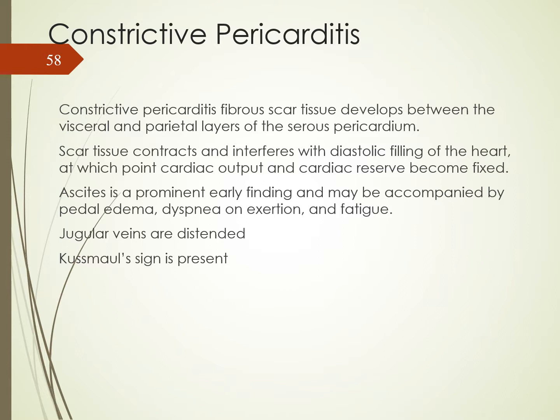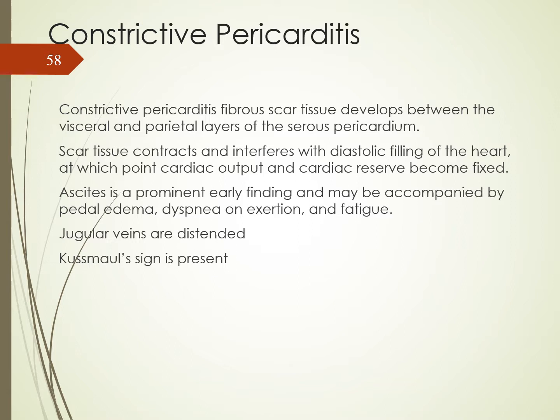Constrictive pericarditis. In constrictive pericarditis, fibrous scar tissue develops between the visceral and the parietal layers of the serous pericardium. Scar tissue contracts and interferes with the diastolic filling of the heart, at which point cardiac output and cardiac reserve become fixed. Ascites is a prominent early finding and may be accompanied by pedal edema, dyspnea on exertion, and